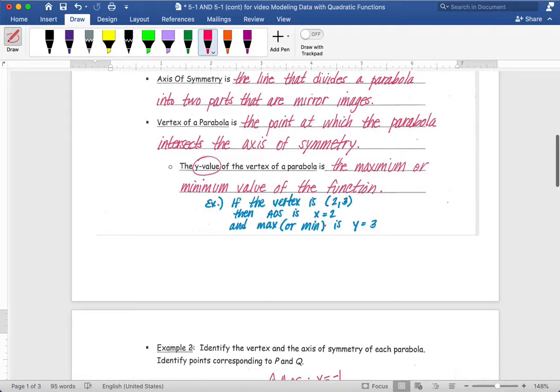And the axis of symmetry is a vertical line, up, down. That's an equation of x equals, and it's going to equal whatever x is from the vertex. Always, all the time. Whatever x is in the vertex, that's the equation of the axis of symmetry. And then your max or your min value is actually the y. Okay? So, max happens at